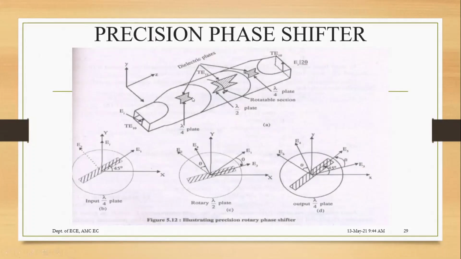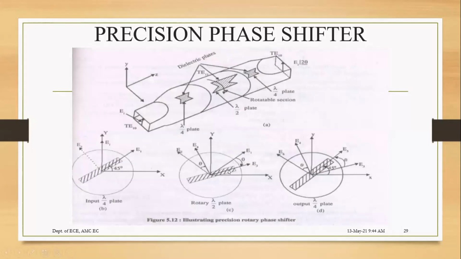Now, once it gives you E1 and E2 as the polarization waves, the output of your half wave section, this output is again emerging out of the half wave section. The field components here will also be parallel and perpendicular. So you'll again have two components coming out of your half wave section, which are E3 and E4. This particular equation is the next process in the rotatory lambda by 2 plate.